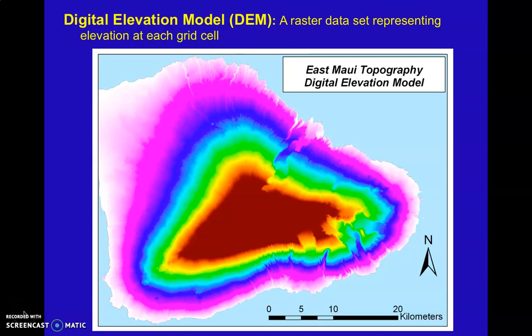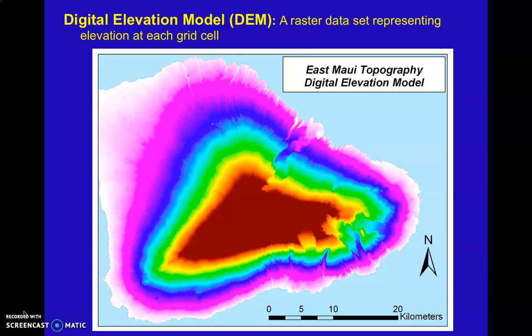So now that we've covered some of the analyses that we can do in a vector setting, let's talk about the kinds of things that we can do in a raster setting, because in raster type data, because it's so data dense, because there's so much detail there, it also means that we can do a lot more in terms of analysis. And so let's start by talking about a very common type of raster data set, which is the